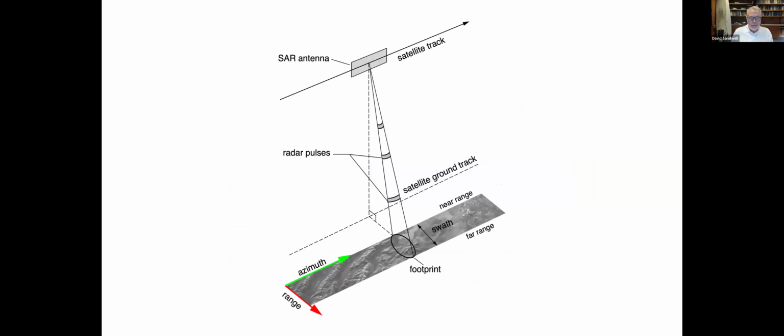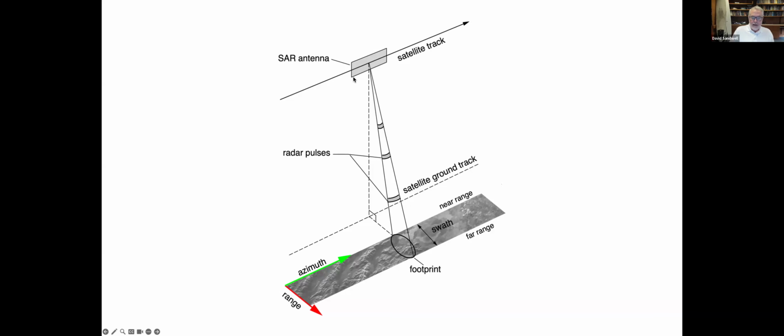A little bit about SAR, and you'll see this again many times, but we have a satellite orbiting the Earth. There's the direction of the orbit, and I'll talk more about the orbits later on. And it has a large planar antenna that sends out pulses of electromagnetic energy. These pulses hit the Earth. It sends it off to the side, so this pulse sweeps across a swath here, and then the pulse returns back to the satellite and is recorded and eventually ends up on your computer on your desk as a SAR